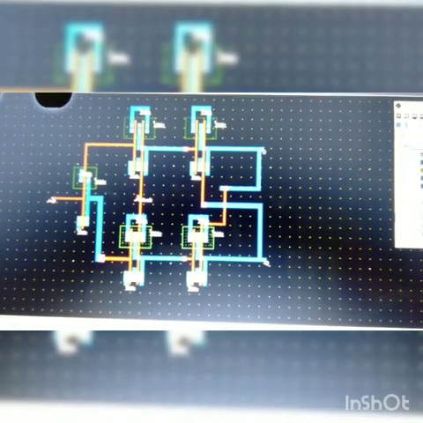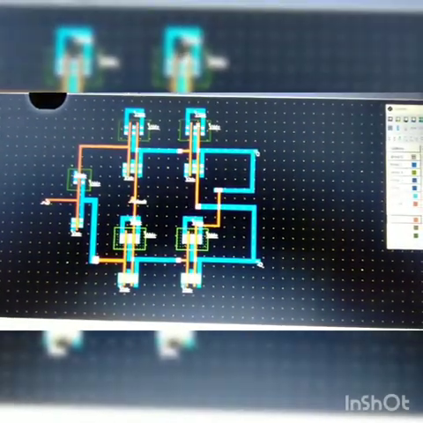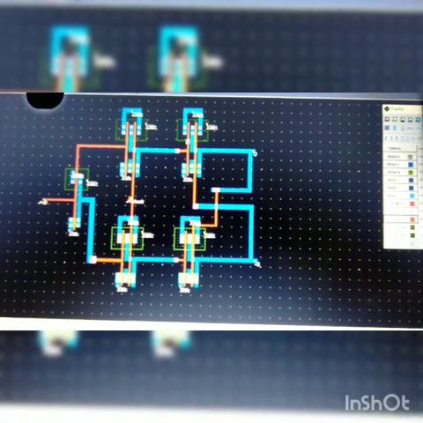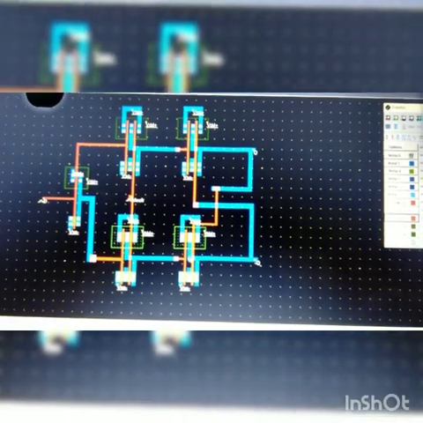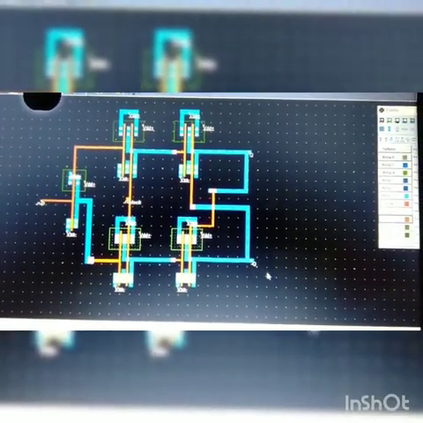Here also one input is already connected, so the free input is connected to here, and assign Q and Q bar.